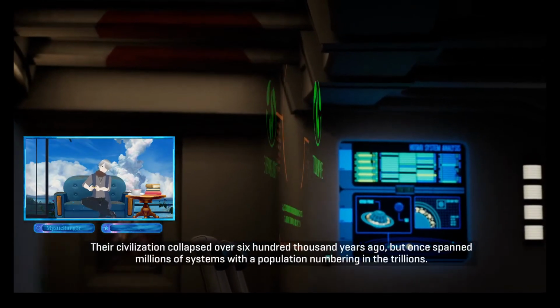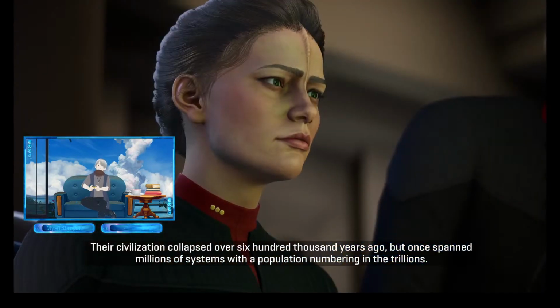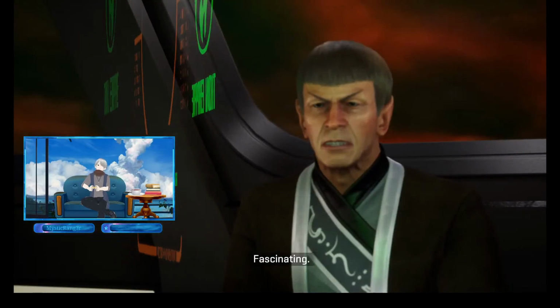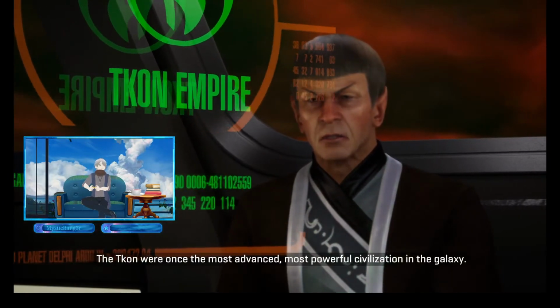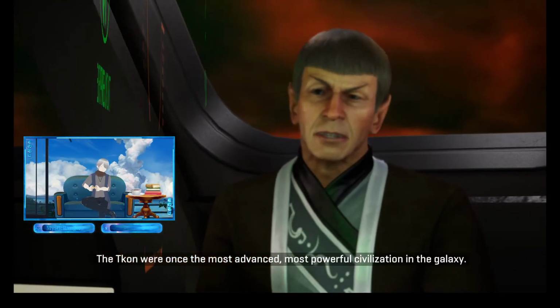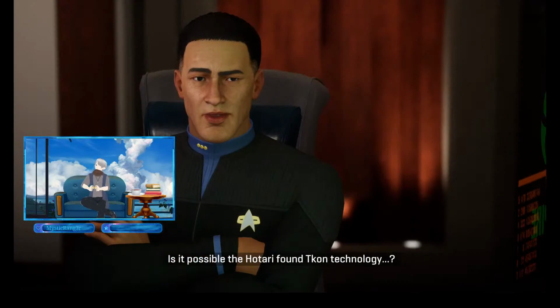Their civilization collapsed over 600,000 years ago, when it once spanned millions of systems with a population that numbered in the trillions. Fascinating. The Takan were once the most advanced, most powerful civilization in the galaxy. Is it possible the Hotari... Hold on, let me...